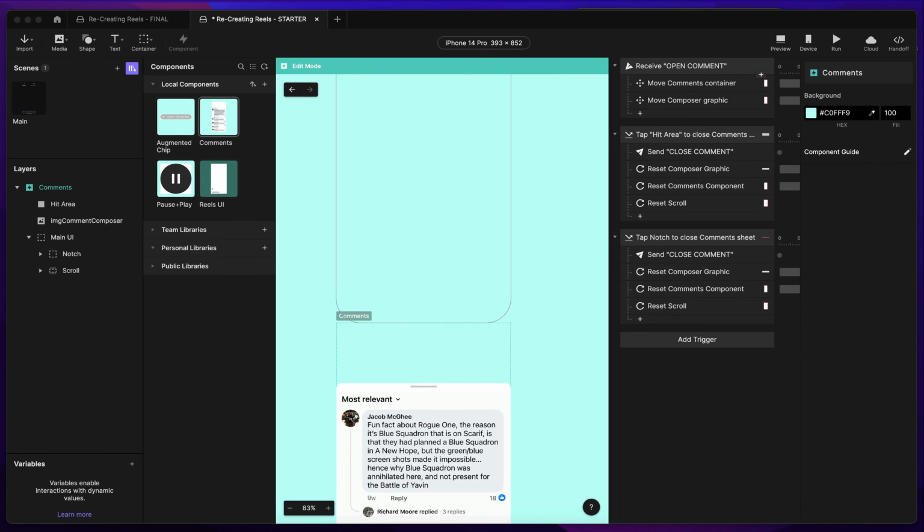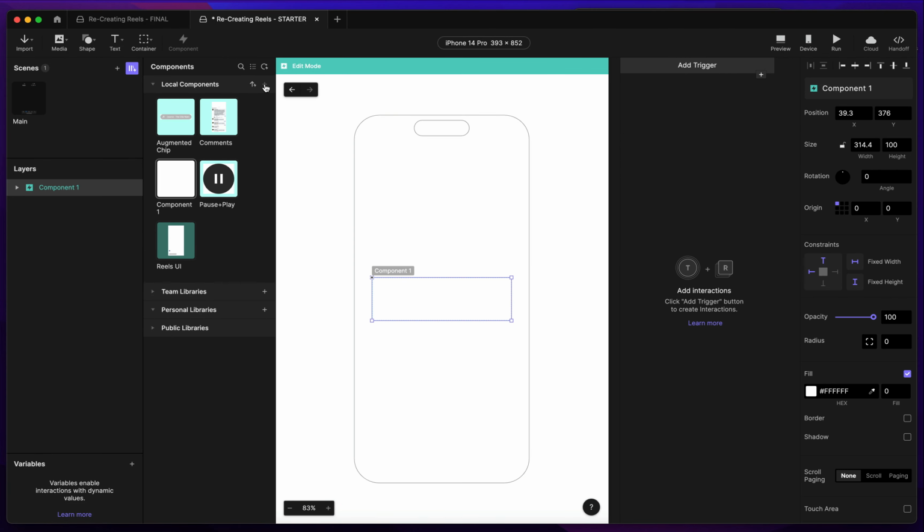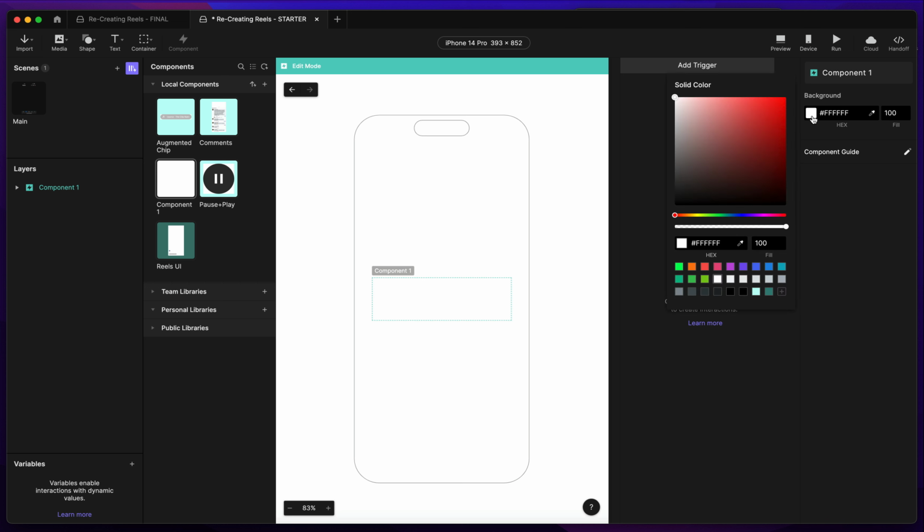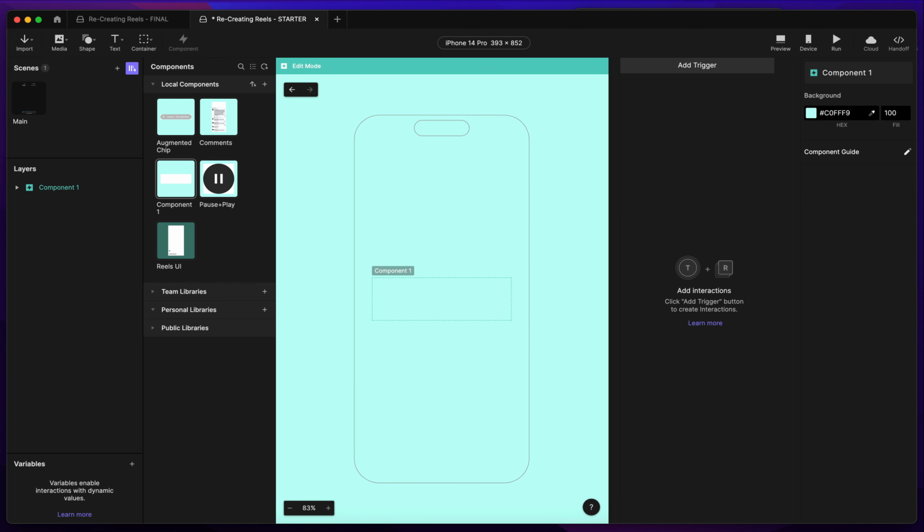All right, let's make the video component, which is the main component of this prototype. All right, I just made a new component. I am giving it the background color that I like. I'm going to label this video,